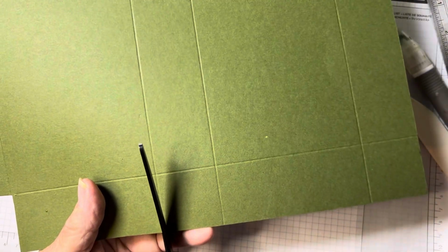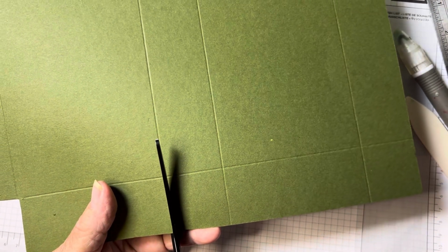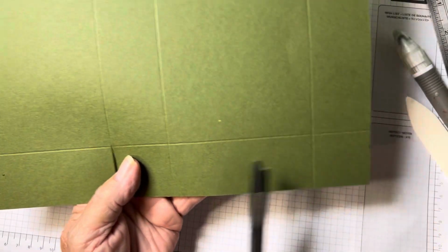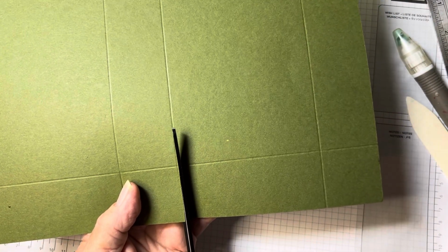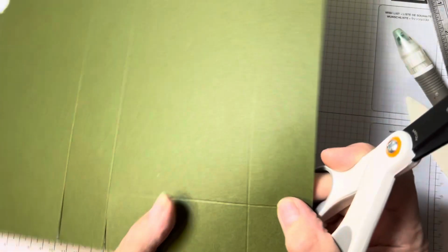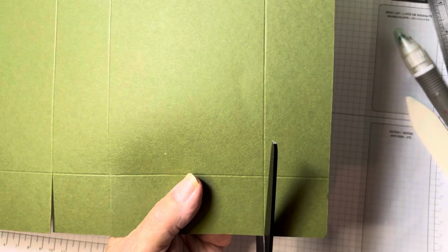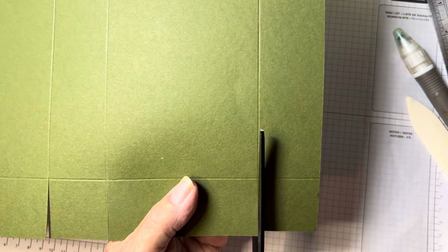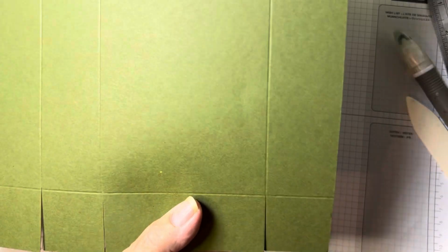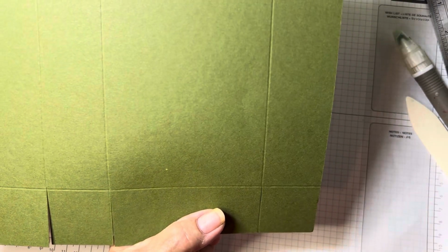And then we're going to turn it around and we're going to make the tabs. Now, this is going to be the front of the box. So I'm going to remove the score line here, and just cut up the first score line. This is the back. I'm going to go ahead and remove the score line on the back and just be left with a side tab. And down here at the bottom, I'm going to just cut this, remove the score line. Actually, you know, whatever. I don't think you have to be so concerned with that, but I just like to remove the score line